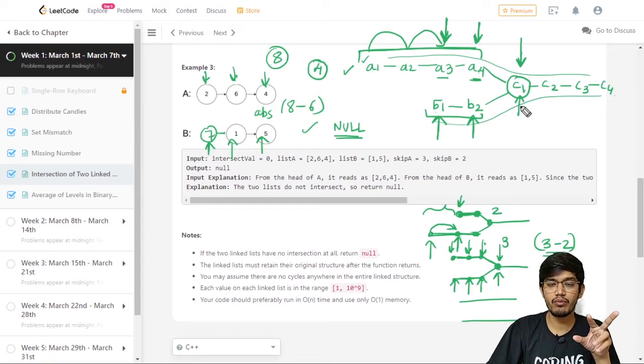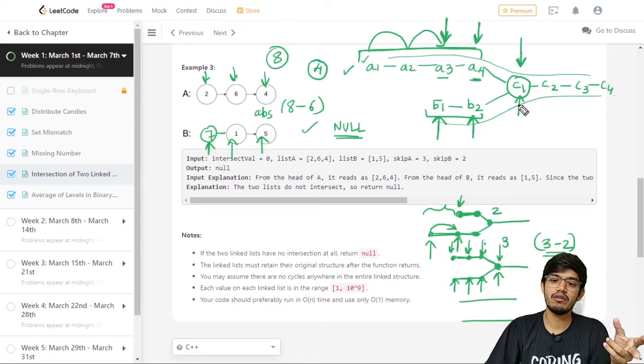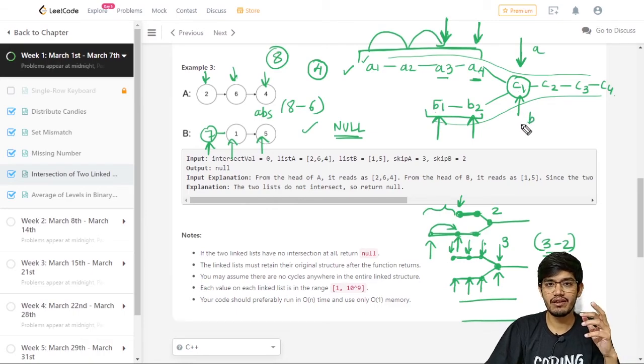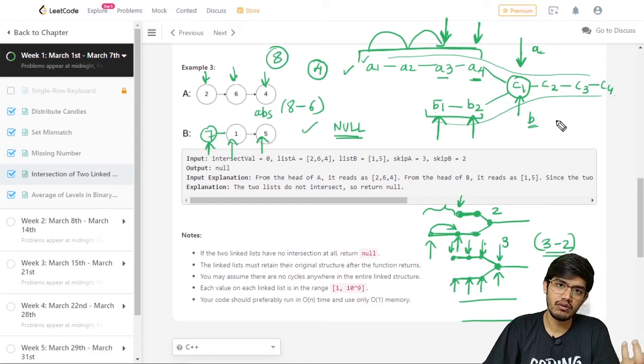If for both pointers you are getting the same value, suppose this is A and this is B, if both values for A and B are equal, then just return that pointer. You can return A or B, that will be the same. And if you are not getting any value, then just return null. Okay, you can try to code by yourself now. You can pause the video.